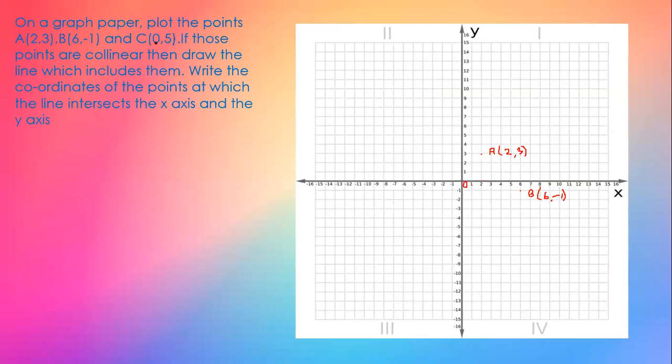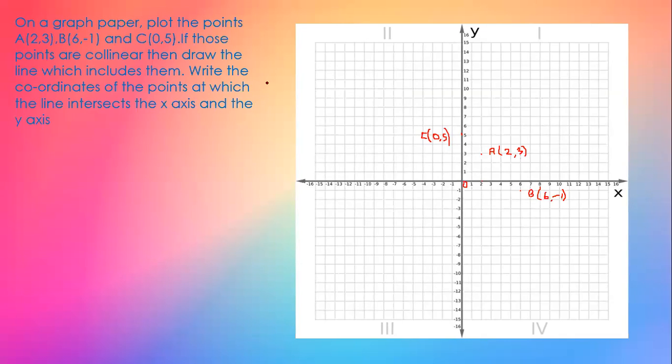The third point is point C and the coordinates are 0, 5. Again 0 means the point is on the axis. On which axis? 0 is the x coordinate, means the point is on the y-axis. So on the y-axis, can you see 5? See here, it is above 0. So here, mark the point and write C. And just write the coordinates in the bracket 0, 5.